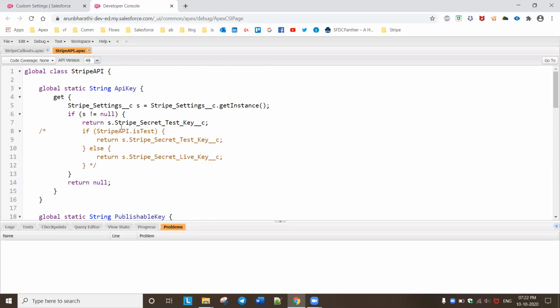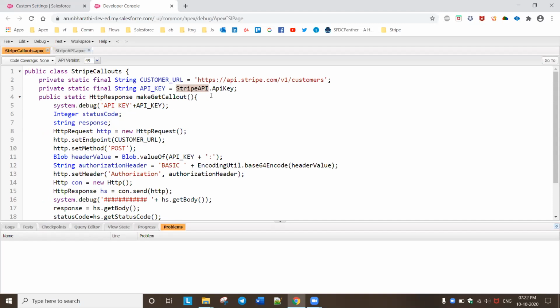Correct. So in order to get the data from Stripe, we need the secret test key. This is kind of a manual thing, we will update the custom settings with that. With the help of this, I'm getting the API key from this class and storing it in the string.